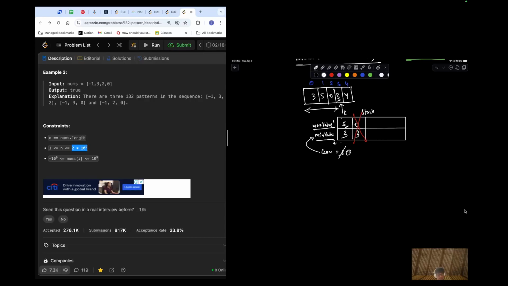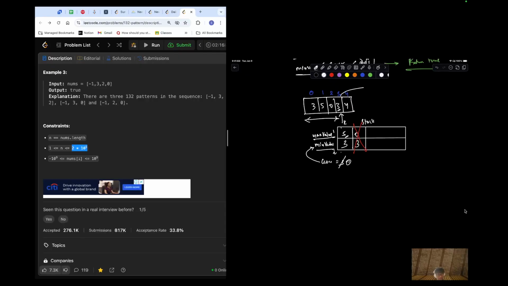You can ask me, can it be 0? No, because this is my k, so this will be my j, right? Because that is the element. So what do I have to do? I have to find an element, minimum element that I've encountered